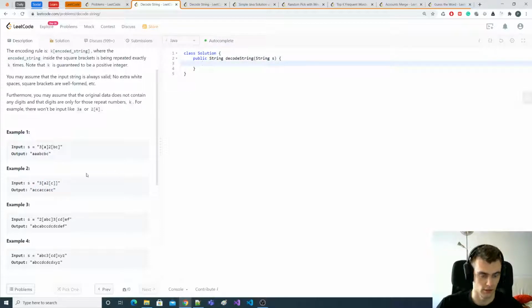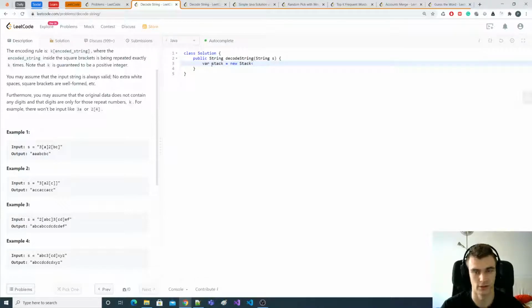Okay, so this kind of problem for sure should be handled with a stack. We can push to the stack the number 3 and this bracket, and we can wait until the bracket is closing. When it's closing, we're going to iterate through the string in a backward manner until we hit the opening bracket, take this number and repeat it k times with these characters. So we can start coding, and it will enlighten in a minute. First of all, we need to initialize the stack